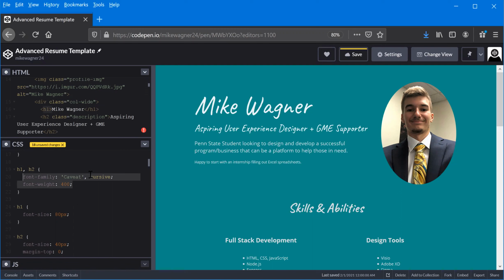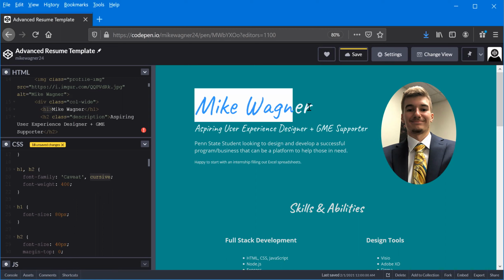So if we come here, we can see our font family, which is just the font style, pretty much. If you're in Word and you pick Times New Roman, that's your font family. So we have caveat and cursive. Now what this means is caveat is our font. Cursive is the way that it's written. So if we look, caveat is our general font to this. Now it might look, if we get rid of cursive here,